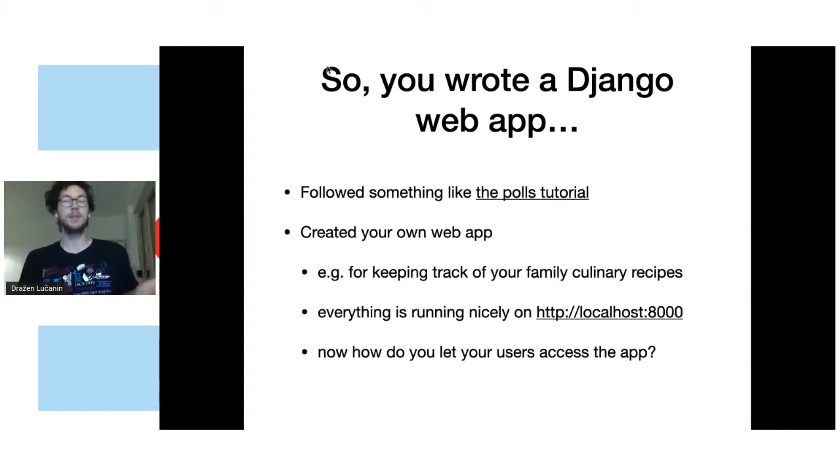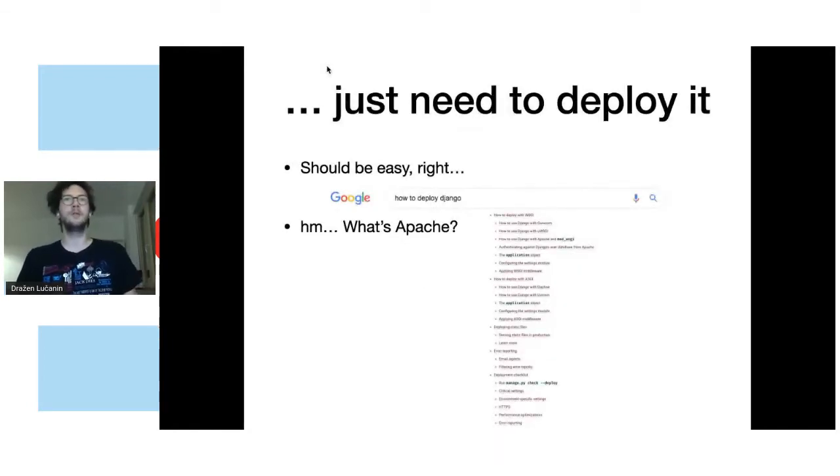And then you come into this first challenge of basically how do you share with other people if it's just running locally on your machine. So how do you let others use it? So you just need to deploy it. Sounds simple. Well, if you start researching what are the options out there for simply deploying a Django app, you'll very quickly jump into this